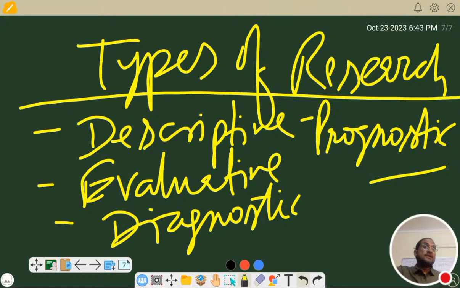Descriptive, evaluative, diagnostic, and prognostic. These are the four types of research which are used by most of the social science disciplines, including psychology. Remember, psychology is a social science, but the rigor of studying behavior is much more scientific as compared to many other social sciences. And as I have given you the comparison in the last class,